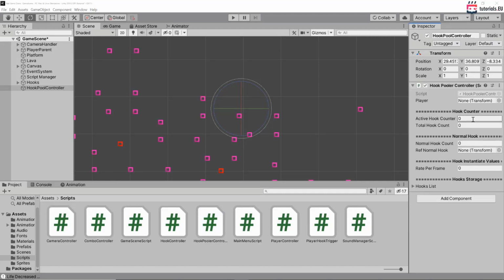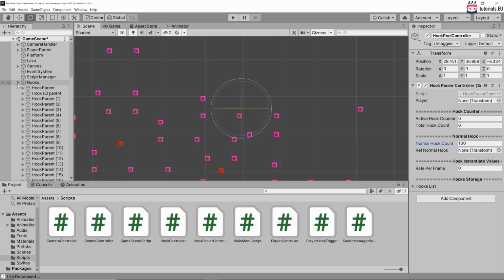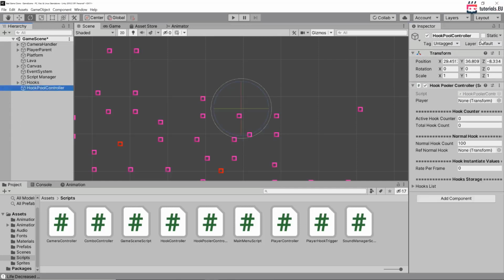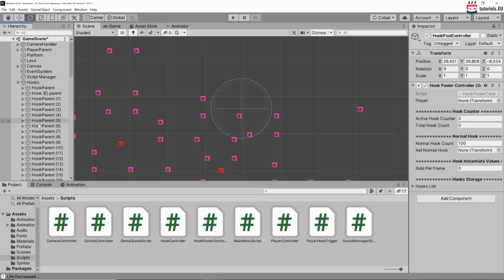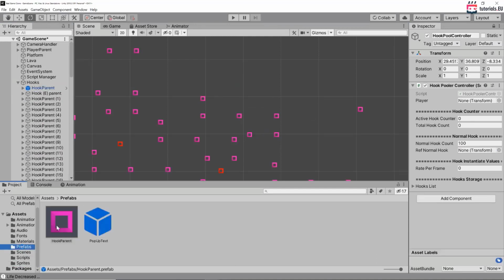Okay, and then we can change the normal hook count to, let's say, 100. And the reference hook should be one of our hooks, right? I'm going to use the hook parent here. Or actually, let's create a prefab for that. That's a good idea. So here we have the hook parent, and now let's use that as the ref normal